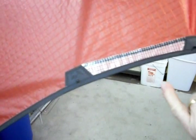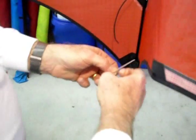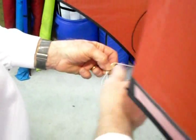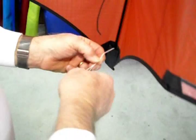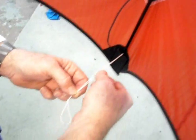This is usually a tough thing because we have to slide something through this to be able to pull the leech. So basically what I'm going to do with this is that we leave these, and we're going to put a loop in the back of this, which is pretty much centered on this kite. Then I'm going to take this. I've already made sure that we've got this pretty snugly on both sides, so it's pulling through the end cap. I'm going to do a Larks head, pull it through